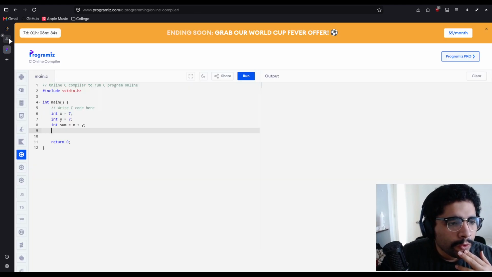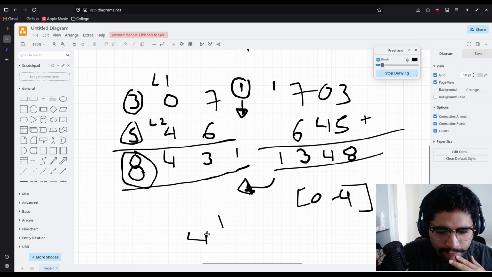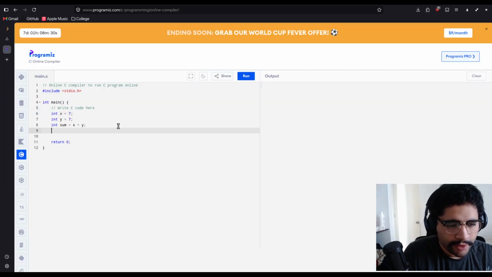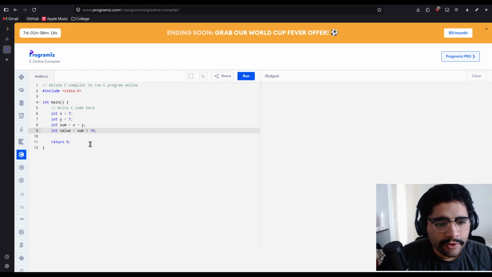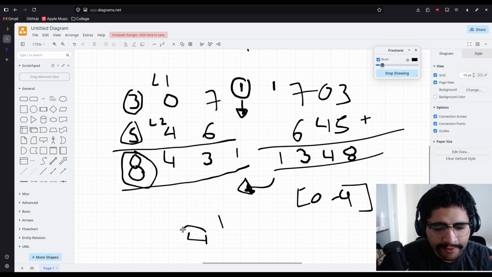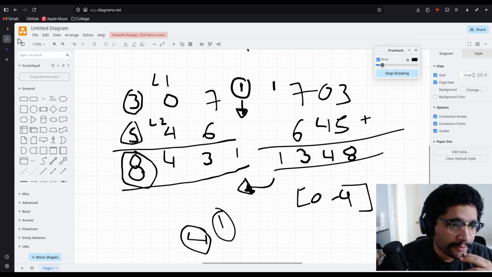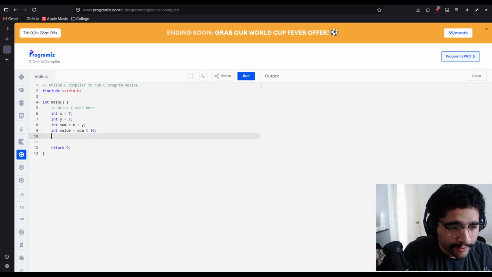So the way that you place this 4 down is with the modulo. The value is going to be equal to sum modulo 10. This is going to give us the remainder. The remainder is what we want. This is the remainder, and this is going to be the carry. And the carry is going to be